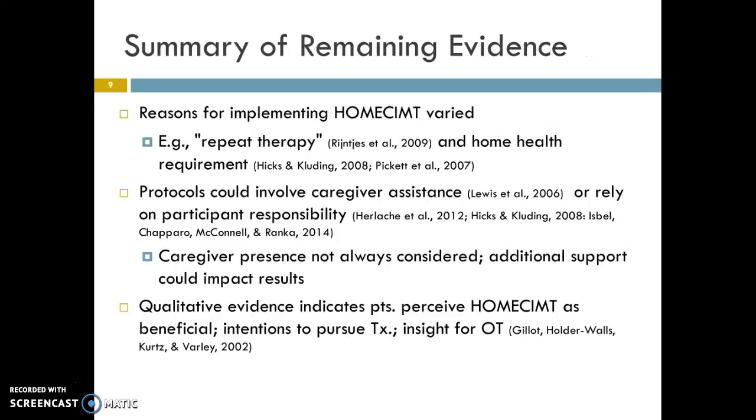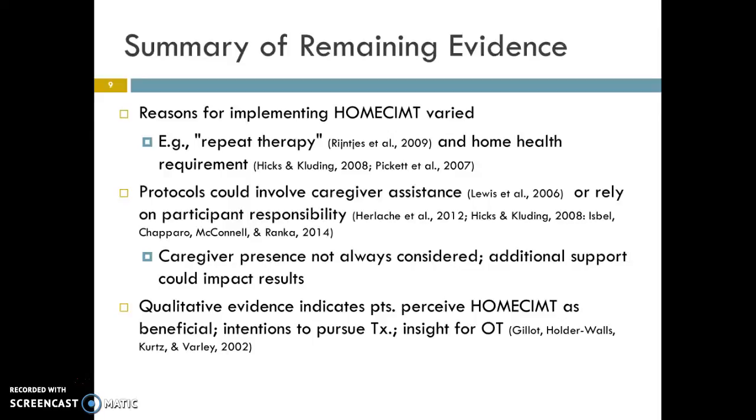For the remaining evidence, this summary included 1 group pre-test, post-test design, 4 Level 4 evidences, including several SSRs and case studies, 1 expert opinion article, and 1 qualitative study, which in fact used mixed methods approach. Reasons for implementing the home CIMT protocol varied. One study specifically looked at if repeating CIMT years after a stroke was still